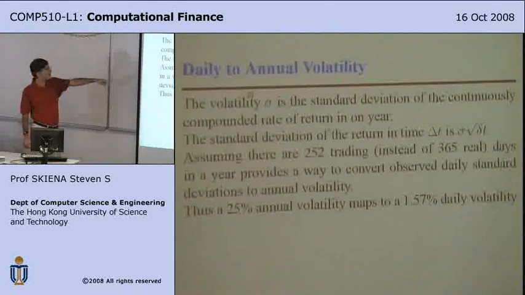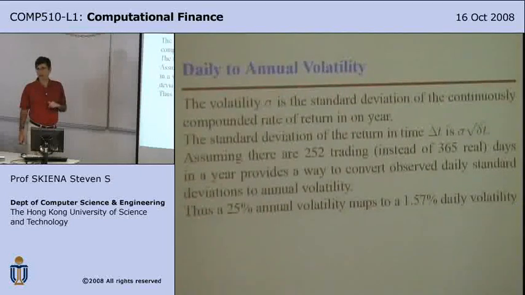If you're going to convert daily volatility to an annual volatility, how many days are in a year? I was taught it was 365. But if you think about it, in a stock market there are not that many trading days. If you broke the world down into trading days, when things move and you measure things, and non-trading days, we only care about the trading days. And so that's why in this case we basically took the annual rate and discounted it by the square root of 1 over 252. Any questions?